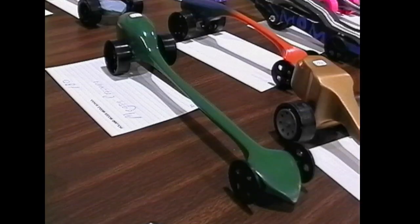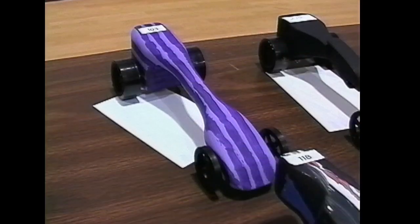Once we get a good layout on paper, most of them will cut out the sheet and tape it onto their blocks of wood and begin cutting. We drill the holes in the back, sand down the cars, and work them from there. We have actual limitations that they have to abide by to race in the district-wide race. Some of those would be the car cannot be shorter than 8 inches,